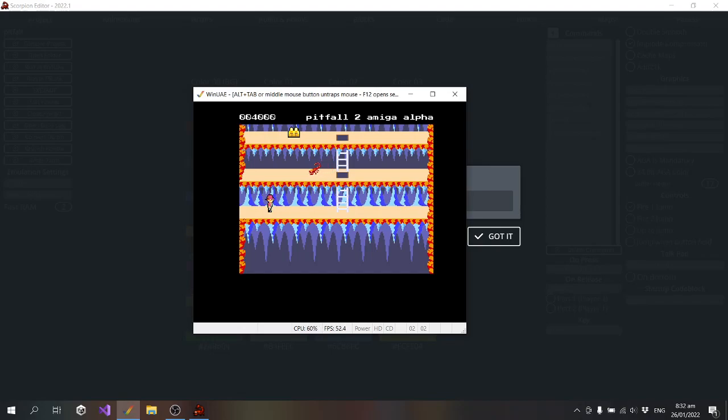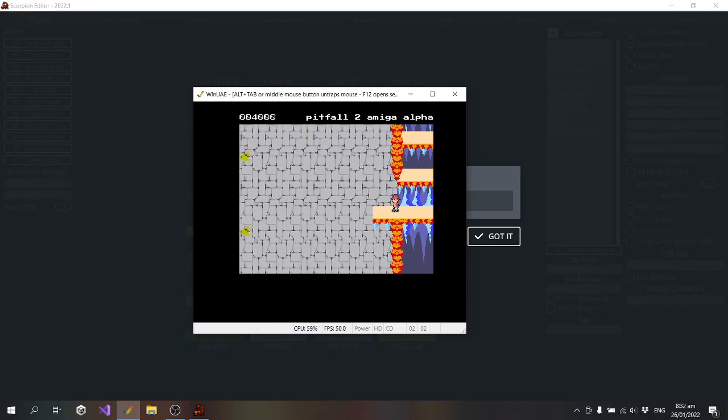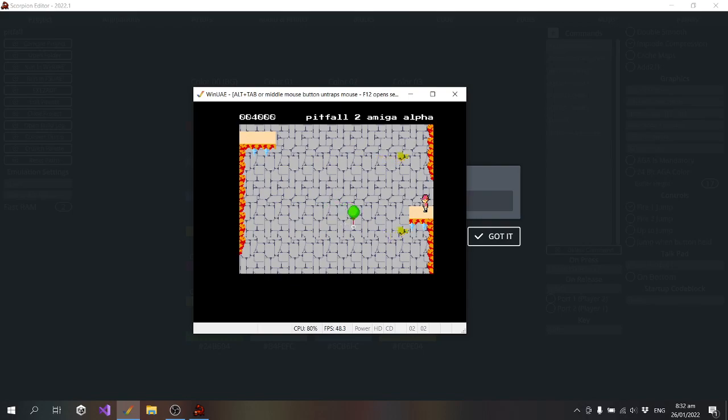Unfortunately, for a Scorpion engine game, Pitfall's relatively complicated because of all of the very custom logic for platforming.